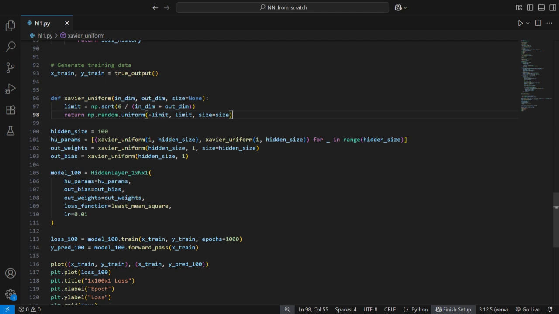This demonstrates how both network size and good initialization play key roles in building effective neural networks, even when working